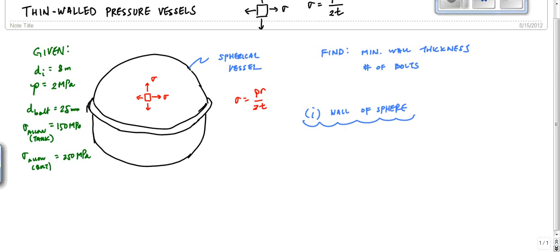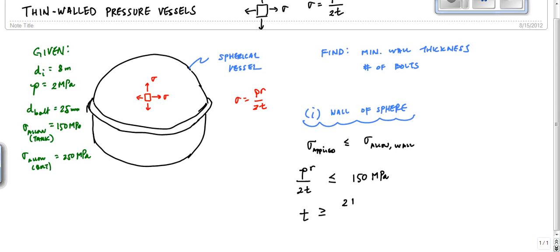For that sphere wall, the applied stress due to the internal pressure, sigma applied, is less than or equal to sigma allow of the wall material. The applied stress is a result of a mechanics equation, PR over 2T, less than or equal to sigma allow of the wall of the tank, which is 150 megapascals. Now we just have to solve for T, and that means T is greater than or equal to